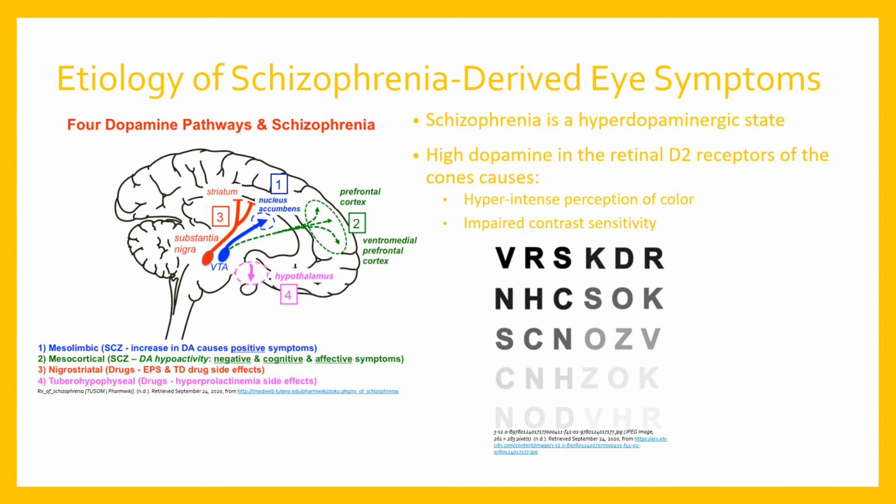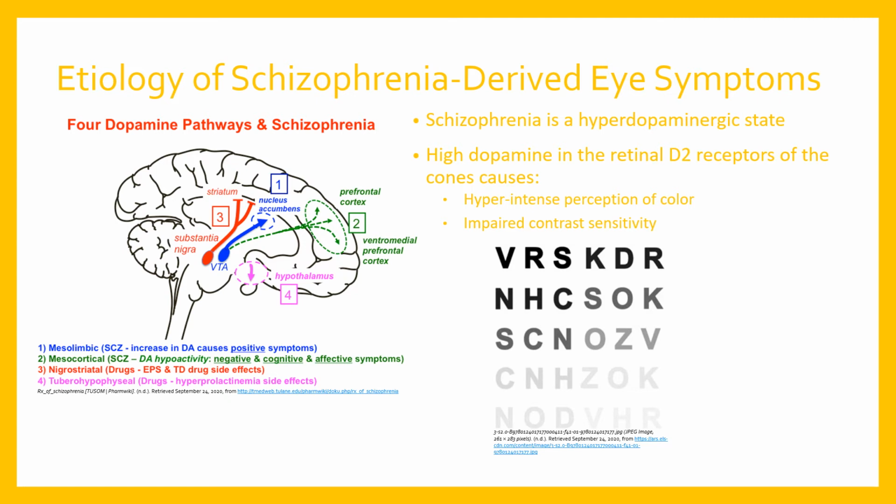Some of the drugs can cause the other systems to activate too much, and some of the typical antipsychotics actually can overactivate the nigrostriatal and the tuberohypophyseal pathways. So although in the mesocortical pathway dopamine is hypoactive, overall in the system there's an elevated level of dopamine, and